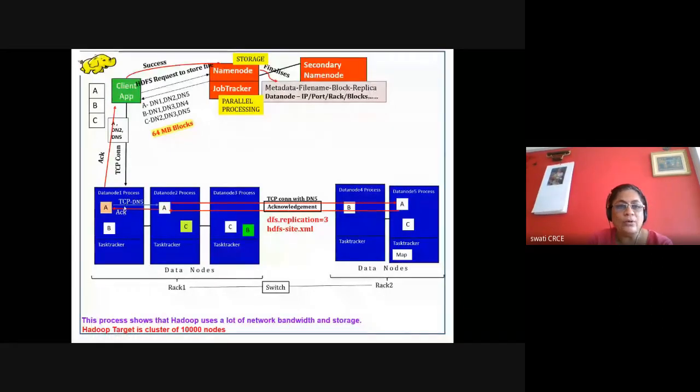Then whatever job this data node was doing will be given to some other machine. So for block A, the nearby machine will be allocated, and DN2 will become the primary machine for block A. That's why there should be a nearby machine, so that the time for accessing this data should be less.